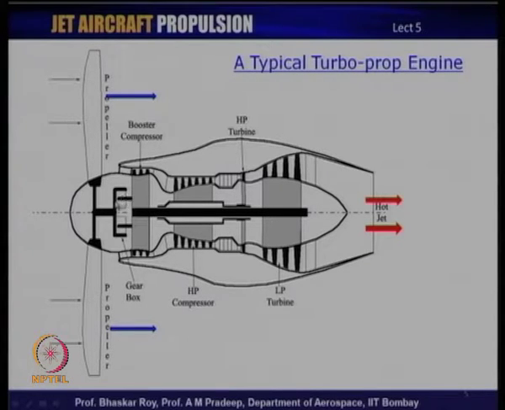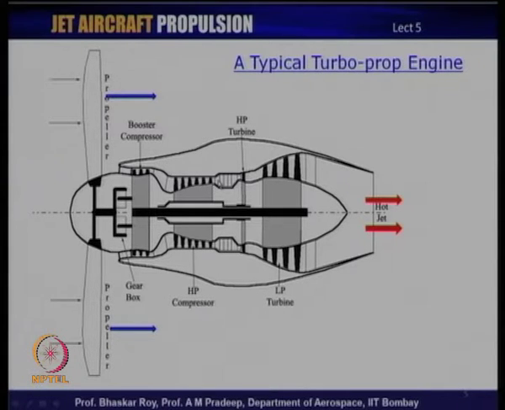Gearbox is an absolute necessary element in a turboprop engine, because the propellers never run at the same speed as turbines. Turbines run at a much higher speed or RPM, and it is necessary to reduce the RPM substantially before you run the propeller. However, just before the gearbox, on the same shaft you may have this LP compressor or booster compressor, which simply boosts the air which is coming inside the basic engine or core engine and produces sufficient amount of pressurization, which is then fed into the main compressor to do the compression before it is fed into